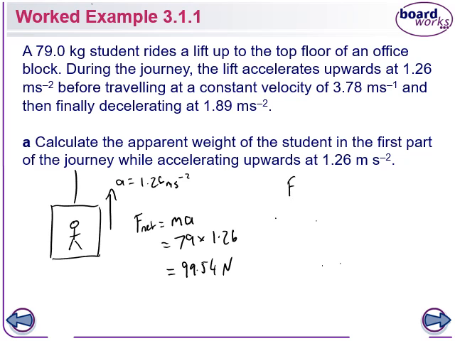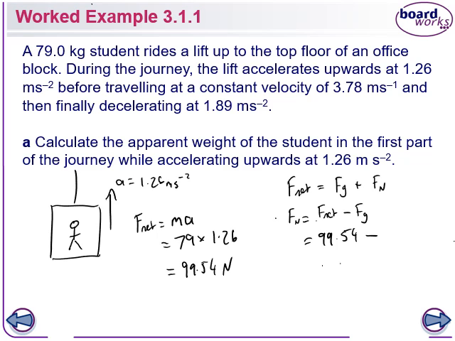And then we use our other equation. Our net force is equal to Fg plus Fn. Okay, if we want the apparent weight, we need our Fn value. So in fact, we can rearrange this. Fn is equal to Fnet minus Fg. All right, so we know our net force is 99.54